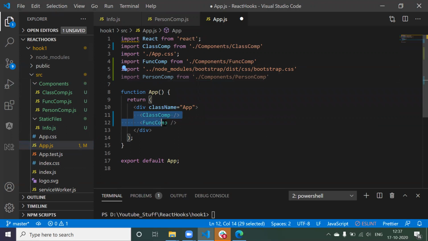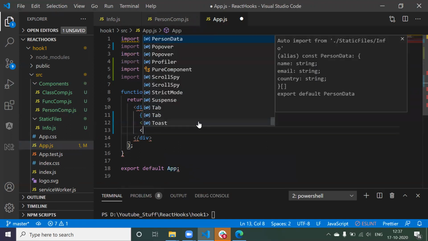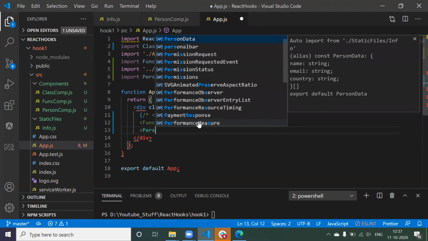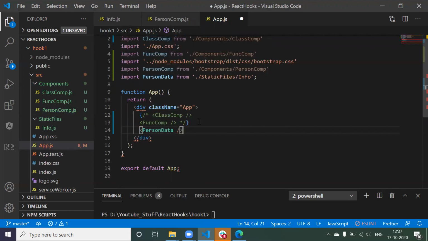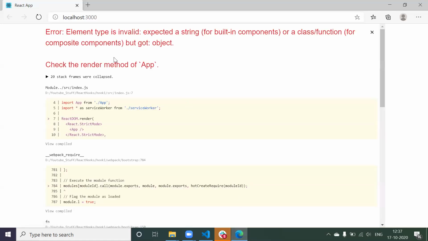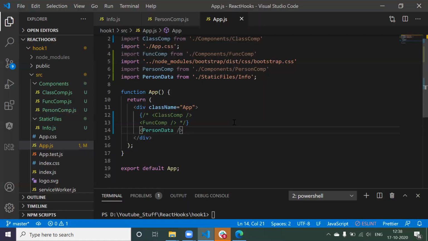Now let me comment these two things and let me say it has a person comp data. Fine. Now let me save it and let me see how it is going to look. Now we got a render method of App error. Okay, person data. Okay, this is PersonComponent.